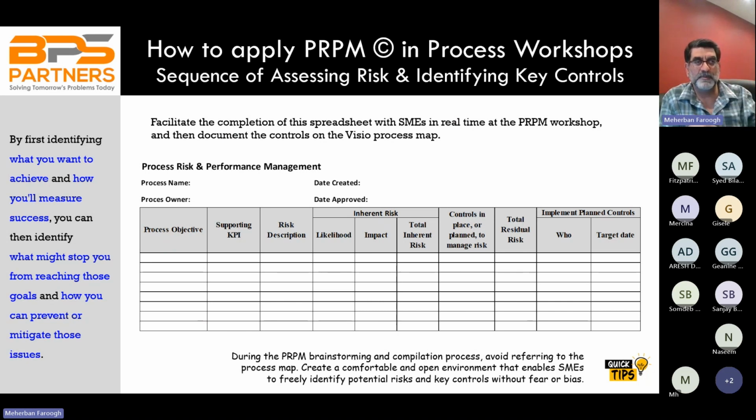Once I've done that for process X, whatever that process is, I would go to the second column. Tell me the supporting KPI, the KPI that will help you measure the objective of the process. Once I've done that, then the fun begins. I say, step back, put your feet up, look up in the sky, and tell me what can potentially go